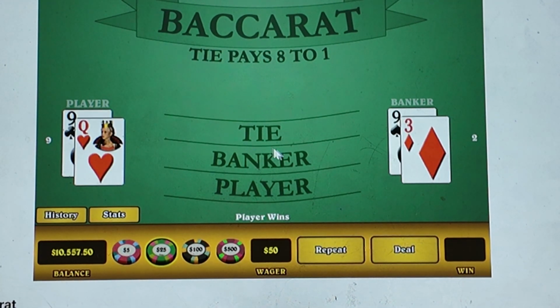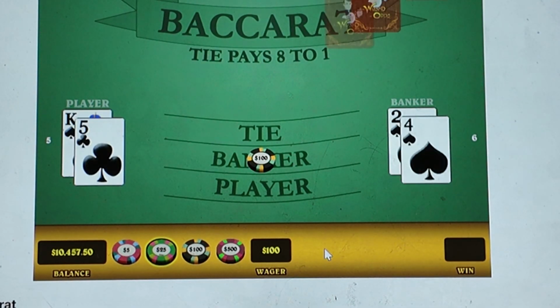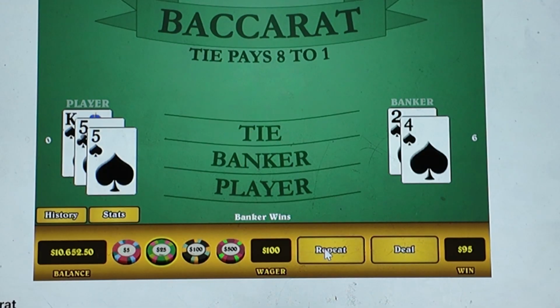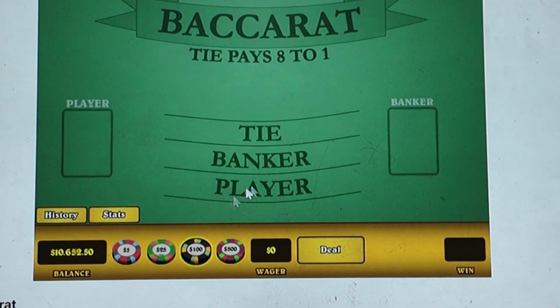You always hate to see the 9, right? Okay, let's go 100. We'll stay with the chop here. Okay, and we're going to get the win. All right, so we're at 632. Okay, this would be the second banker. So let's try to do this. Okay, we got